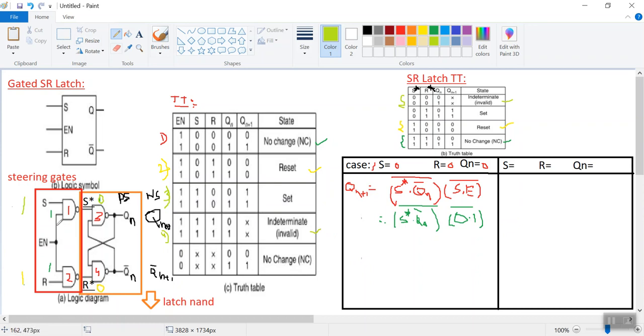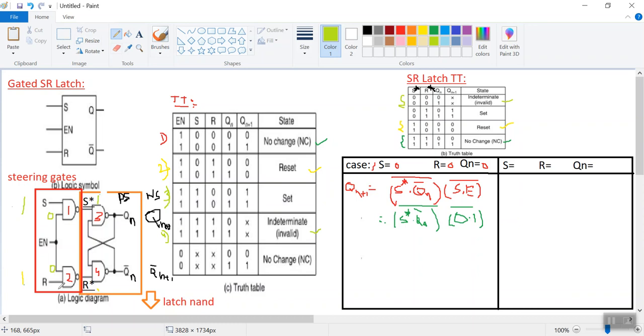Now I would like to consider my clock signal, which is nothing but enable, as 0 here. So I represent my clock signal, the enable signal, as equal to 0. Whenever any one of the inputs, enable, is equal to 0, it means 0 into anything is 0, so that 0 complement gives your result as 1.